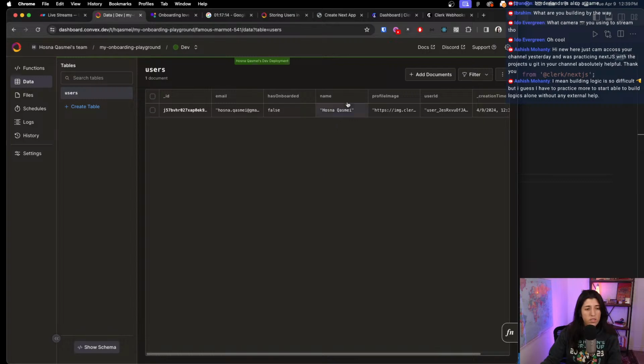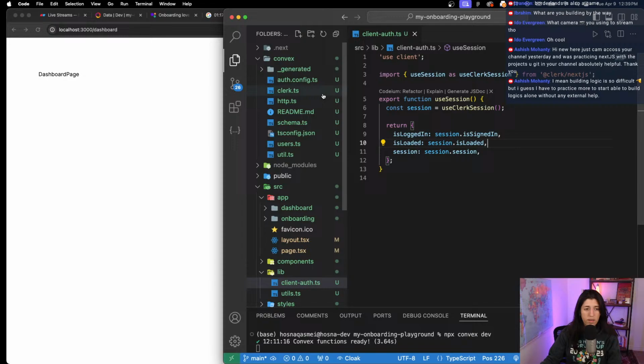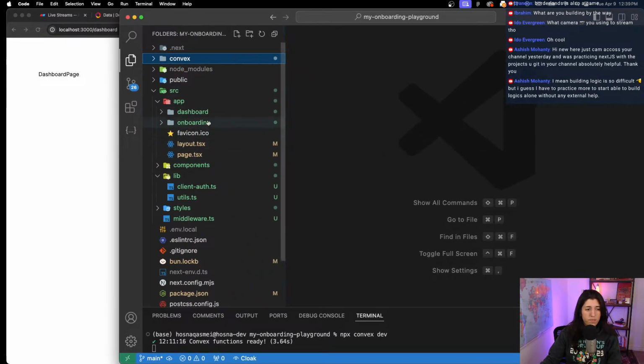Okay. So success. Now we are redirected here, but we don't want to be redirected here. We want to be redirected to onboarding. We have to query the user and check if the user has already onboarded. If they haven't, they go through the onboarding process or get redirected to the onboarding flow. And then the onboarding flow will have different screens or tabs, different screens, and then based on the, trying to think what would be,